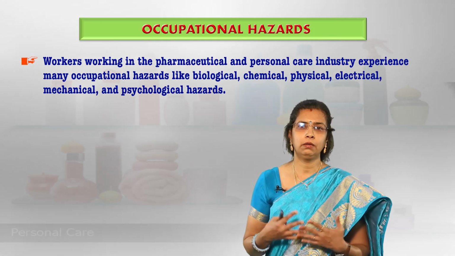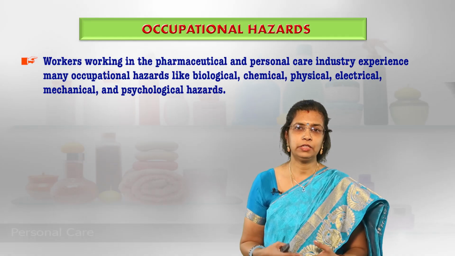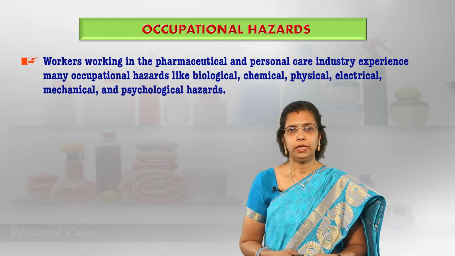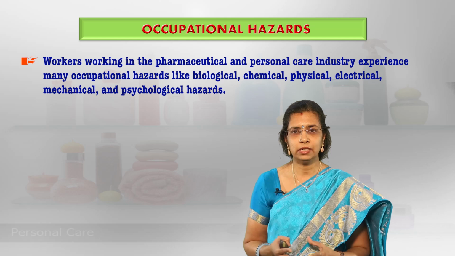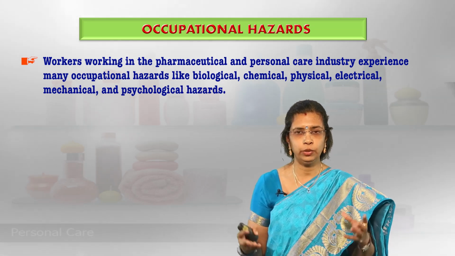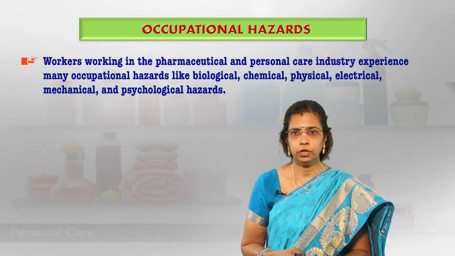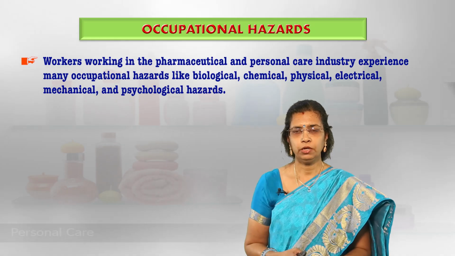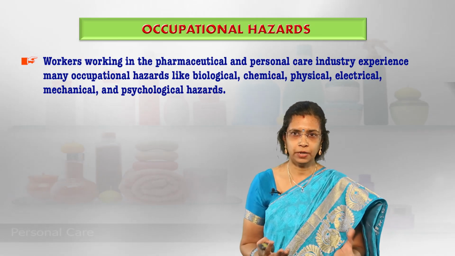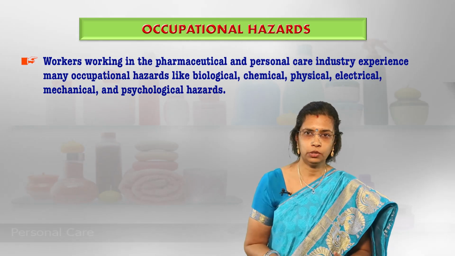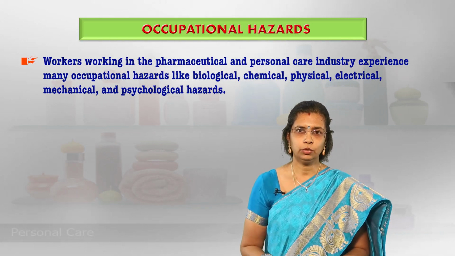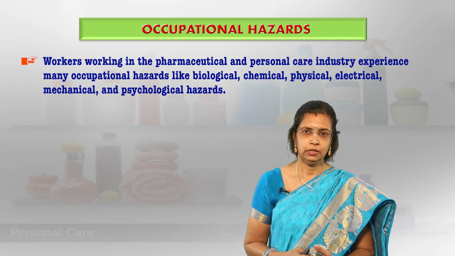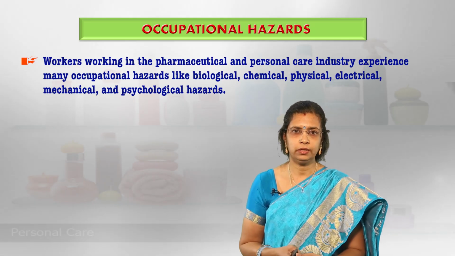Then the physical equipment that is used, the heat and other physical hazards, that employees can face as certain problems. In the same way, electrical and mechanical hazards are also there in such industries when they operate on a large scale, and different employees are working in the different sectors of the industry. So for example, the packaging section. Here again they may be using plastic covers, plastic bottles, even metal and steel containers. So there can be very sharp instruments that can lead to cuts and bruises. Then there are also psychological hazards associated with this industry.